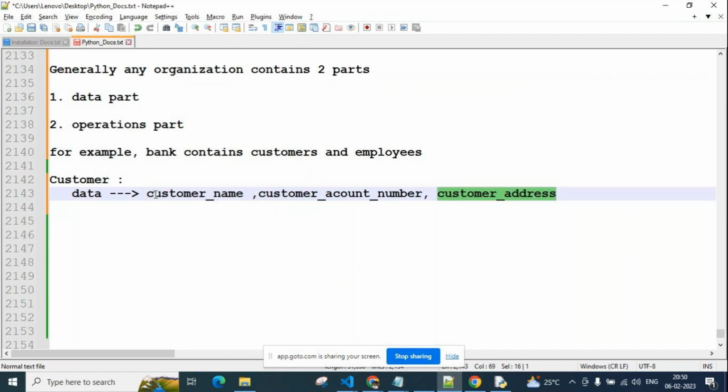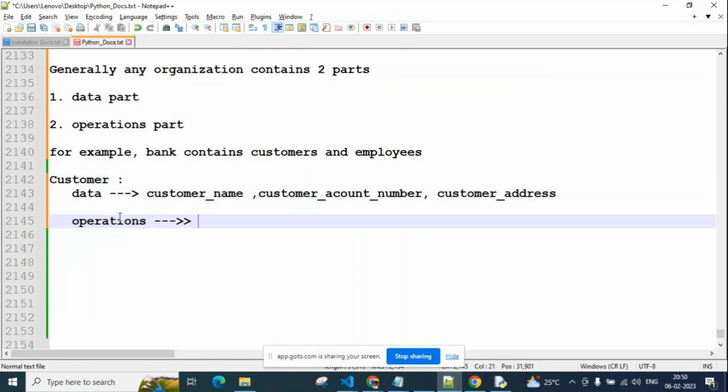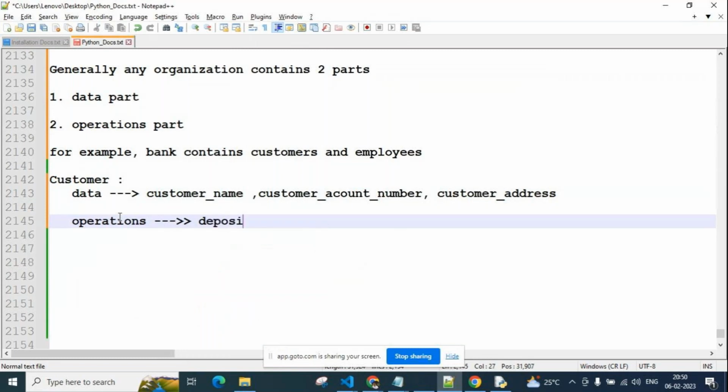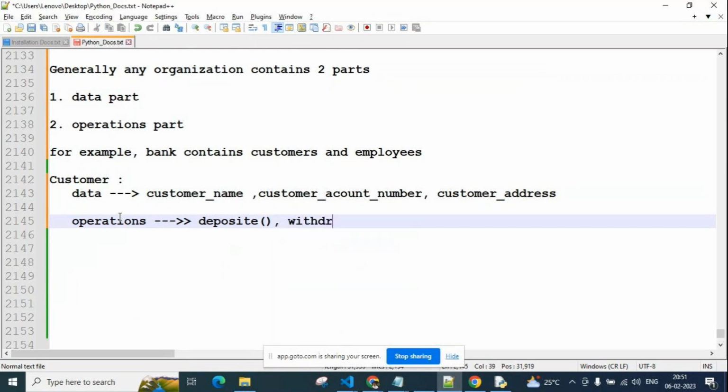Okay. So, and operations means what? We'll see here. Operations of this customer. What can this customer do in their bank? Can the customer deposit money or not? Customer can deposit the money, and customer can withdraw the money. Withdraw, guys.